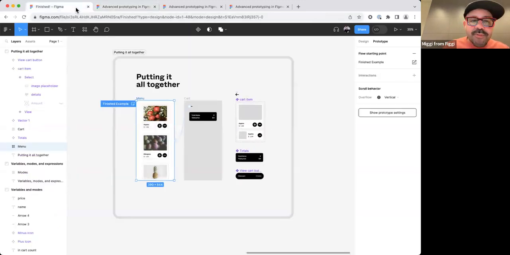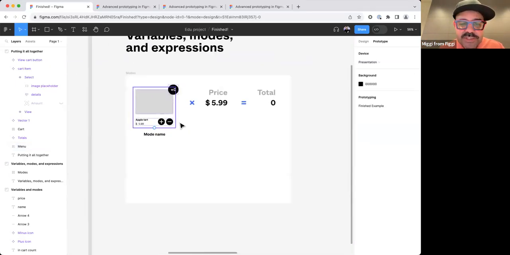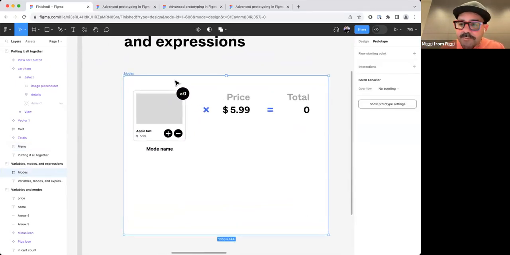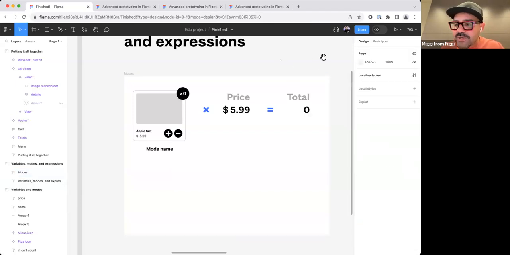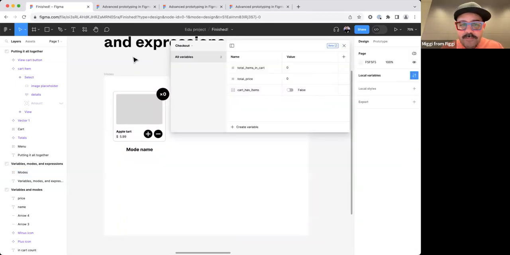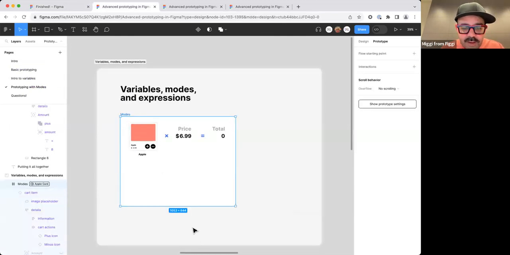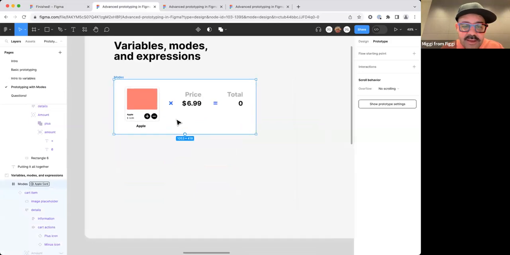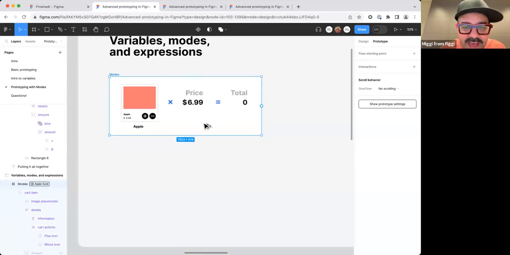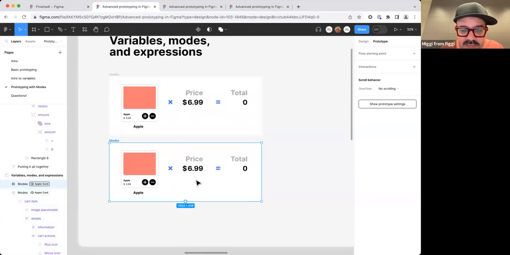As we're closing out here today, I'm going to walk you through what this example entails and some of the interactions that are taking place. I'm going to show you how to update that total price. Actually, before I do, I want to show you this mode. Let's say I add another mode here. This is where we were. If I take this whole frame, hold down the option key, and drag it here,